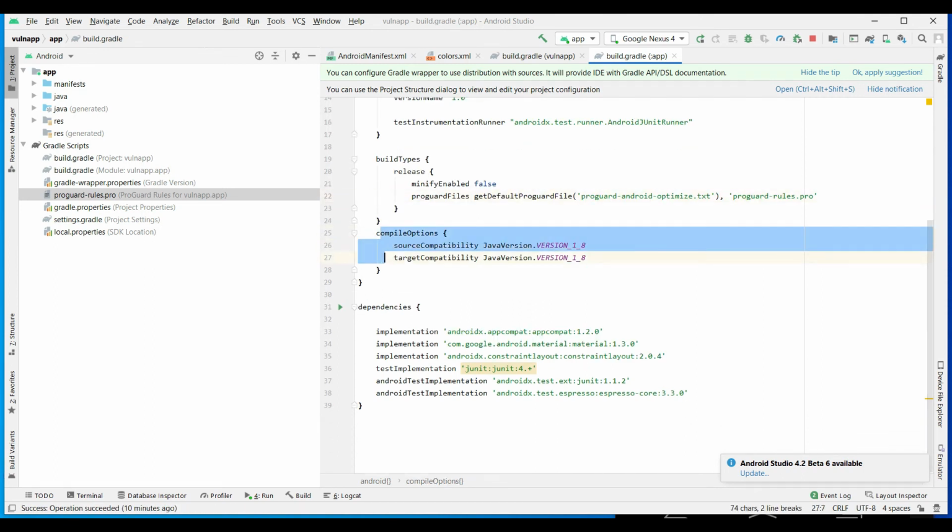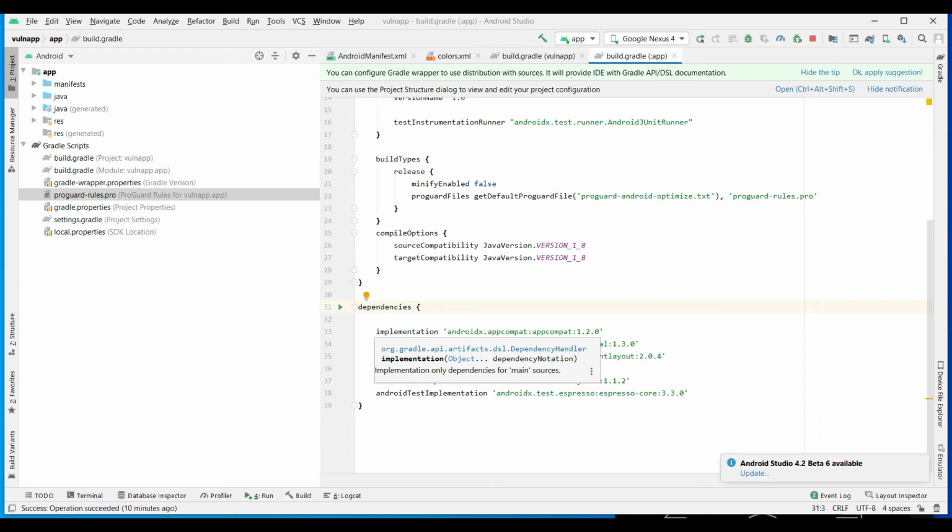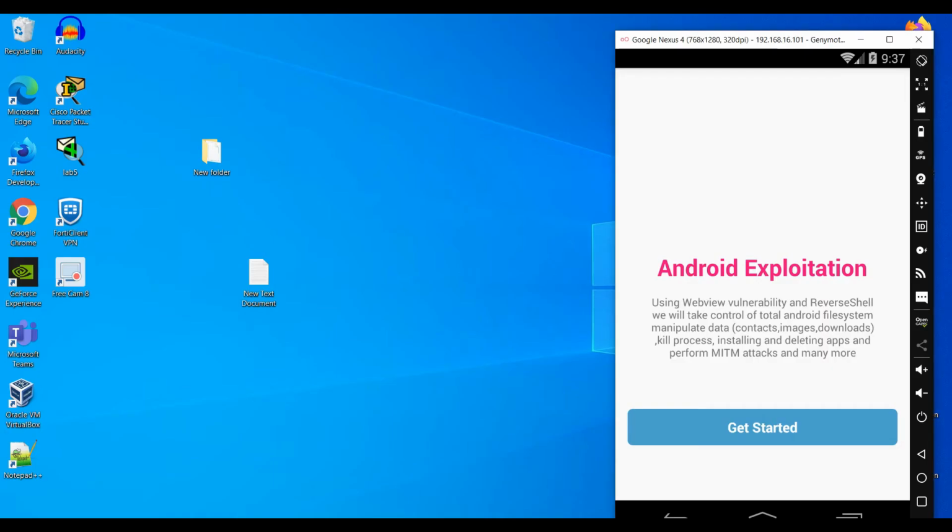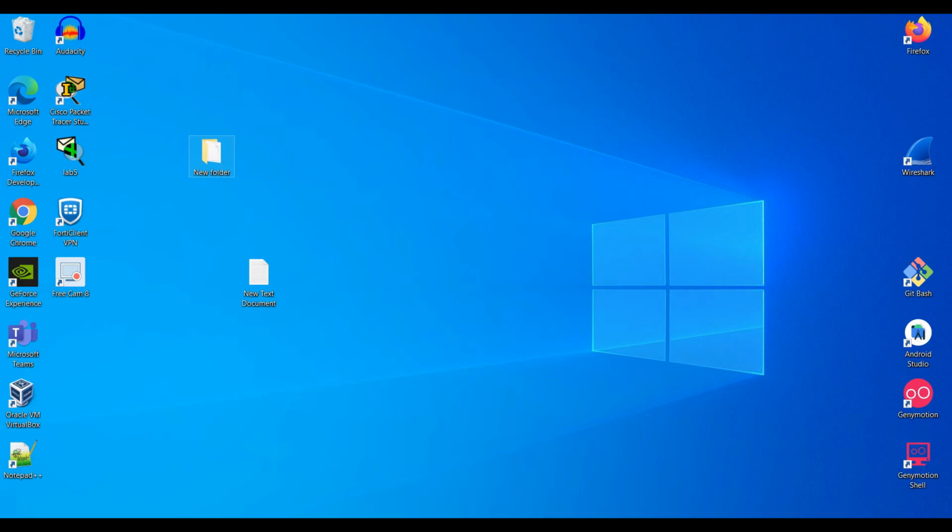And the other section is dependencies. Dependencies are a major thing in the case of penetration testing. This application has a few. I will show you one more application in which you can see many dependencies.